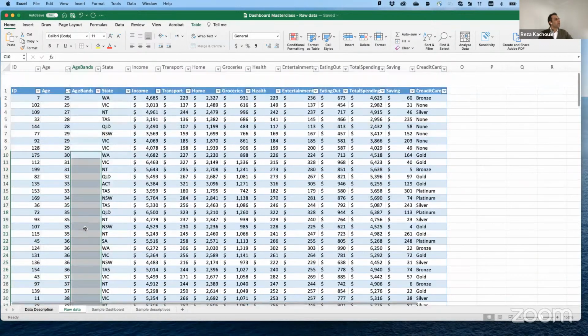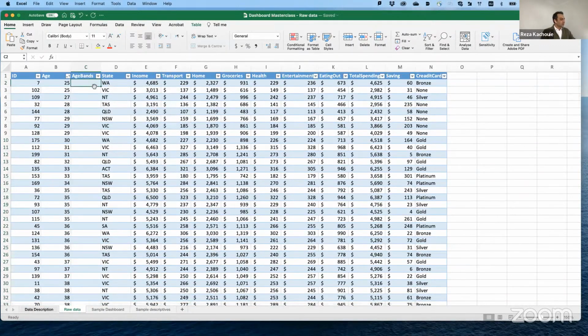That's a simple way. You say this group, I name it group 1. Then I copy it for all of the people who are under 30. Then you have group 2, and so on.